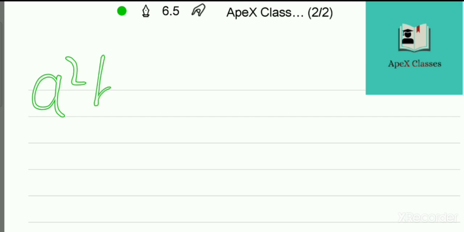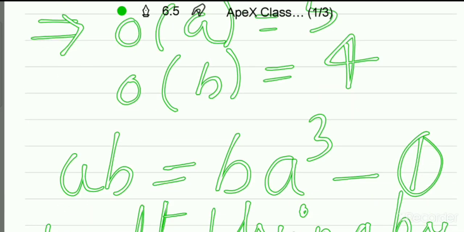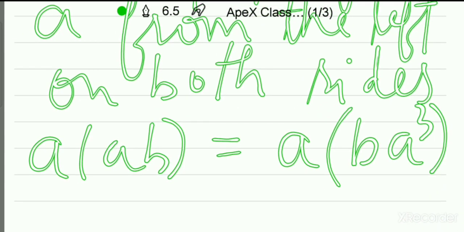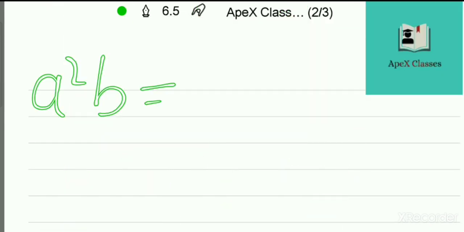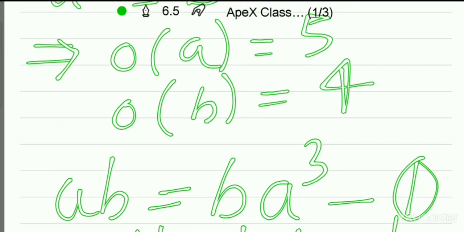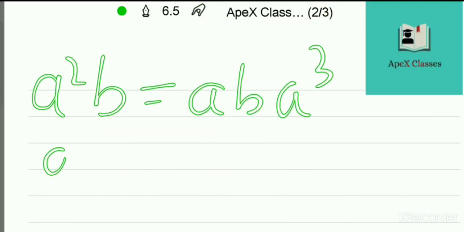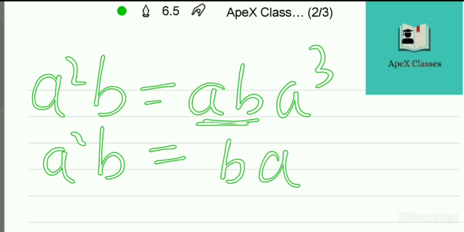a square b is equal to, we will get e, and from the right we will get a into b into a raised to the power 3, which means a into b into a raised to the power 3. Now again from equation number 1, we have ab is equal to ba raised to the power 3. So we will use the value of ab from equation 1 in this equation. So we will get a square b, which we have to find, is equal to ab will be replaced by b a raised to the power 3